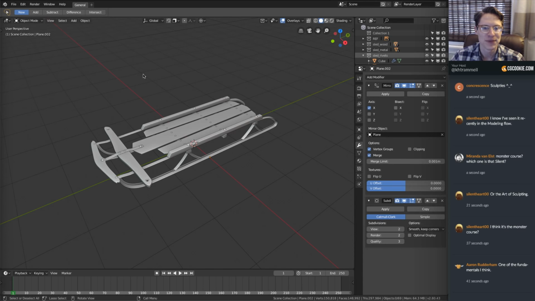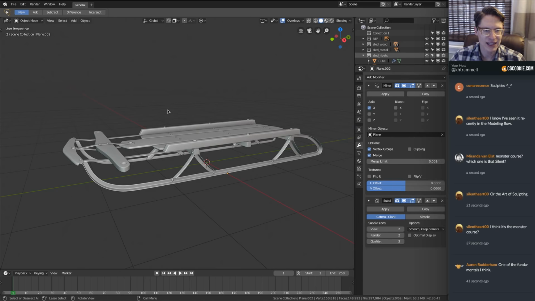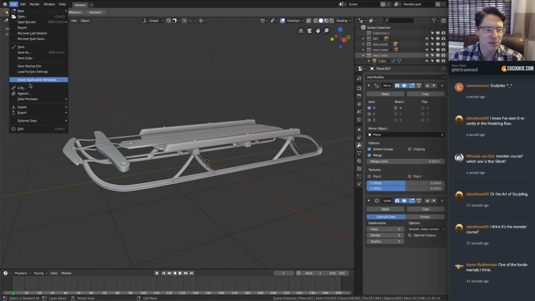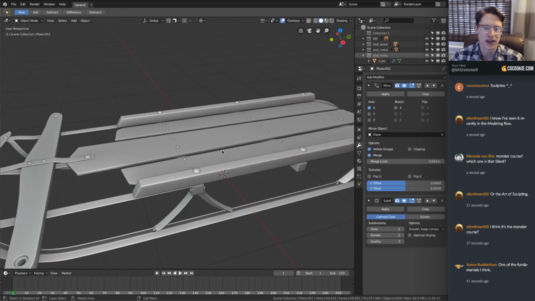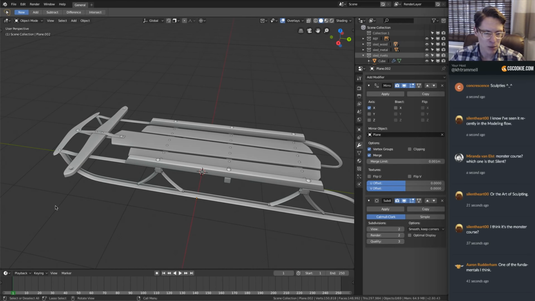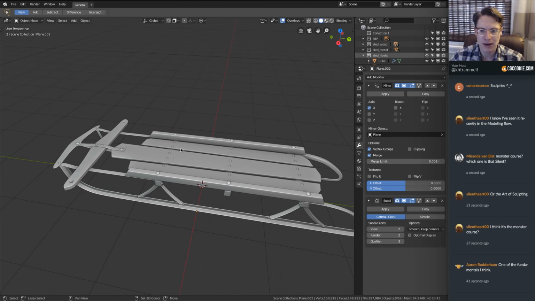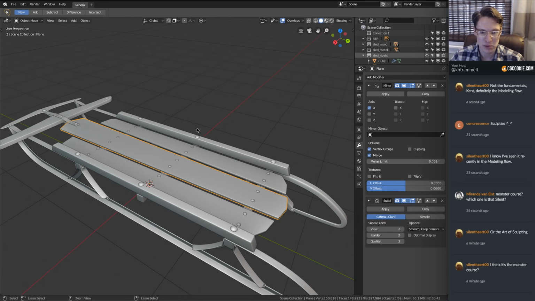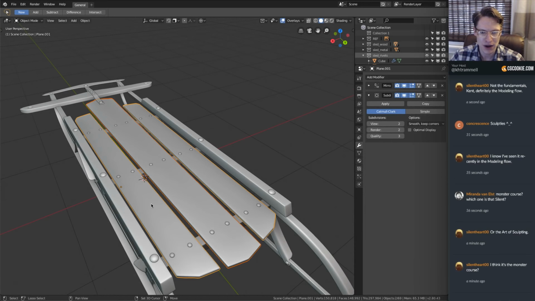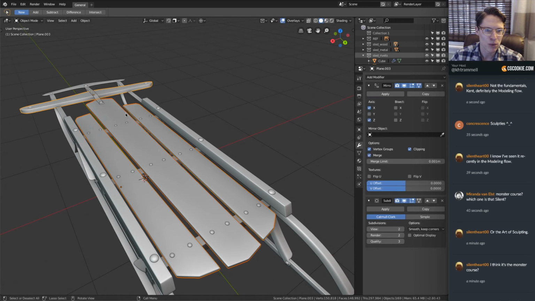I should fix that. All right, so we're back to the sled. Let's apply the shader now. We can simply append it by going to File, Append, go to our wood procedural, the material, and then wood procedural. So I've got that in the scene now, but I am anticipating a problem about the orientation of these boards, because remember, that's extremely important. So if I turn on orientation for my wood pieces,